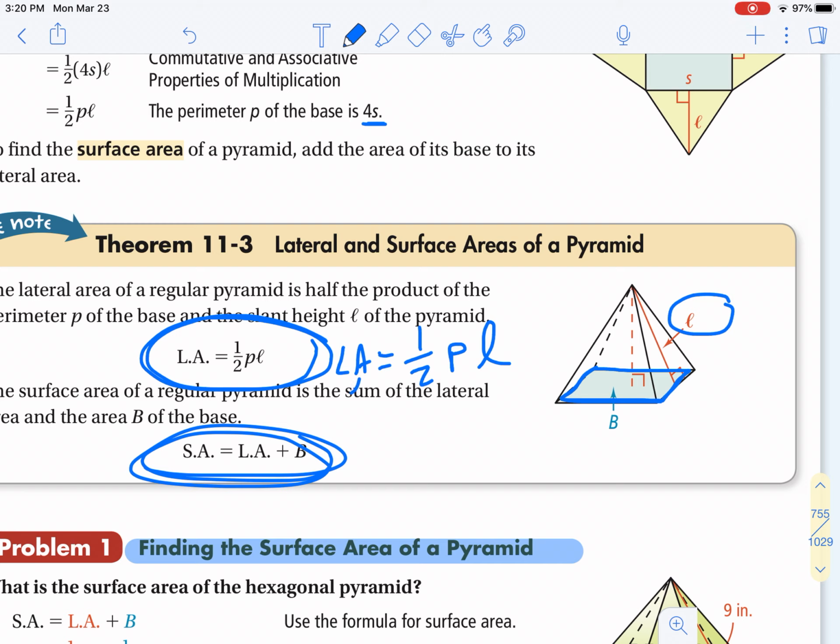And then we're going to take that lateral area and add that to the base. Now, why doesn't base have an actual formula? Because as I've just said, it can actually have all kinds of shapes. So going back to the last chapter, remember how we found all kinds of cool areas for different shapes? Well, that's where it is. So if